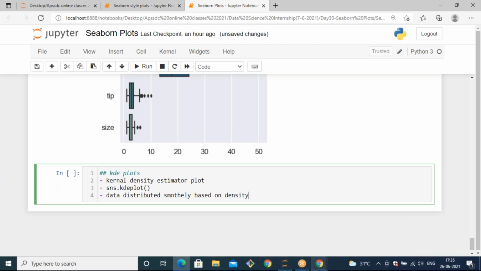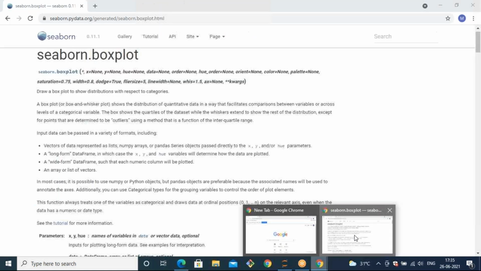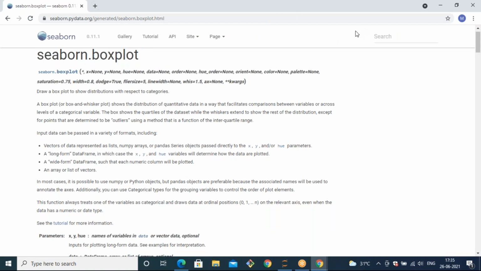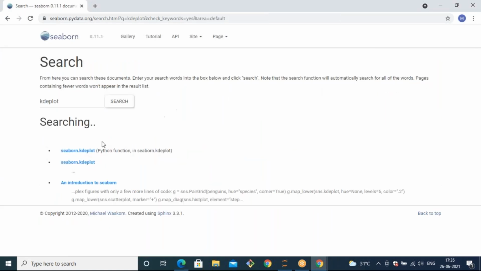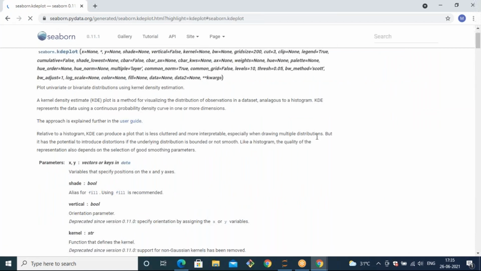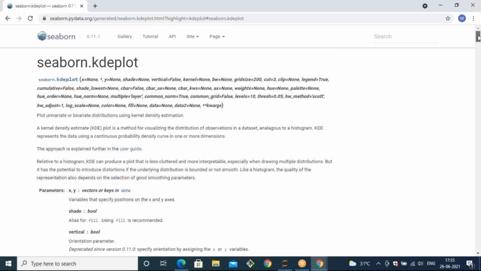Okay, so let's see the parameters that are supported by the KDE plot. In the search bar, you can just type KDE plot. It will open the results, and out of those, you can pick KDE plot. So the method is seaborn.kdeplot, and it will take some parameters like this. By using KDE plot, you can plot univariate or bivariate distributions using kernel density estimation.